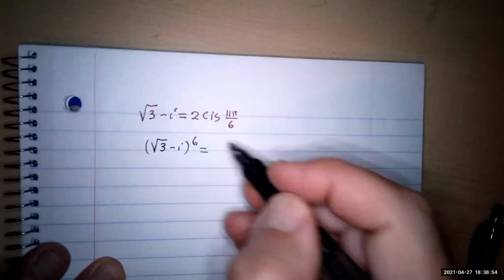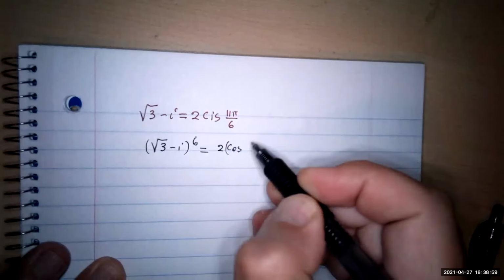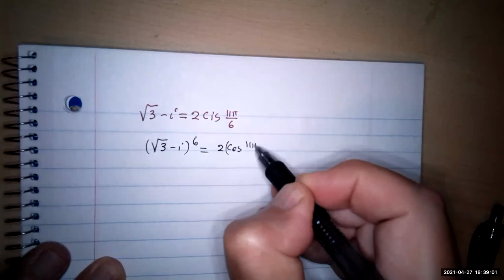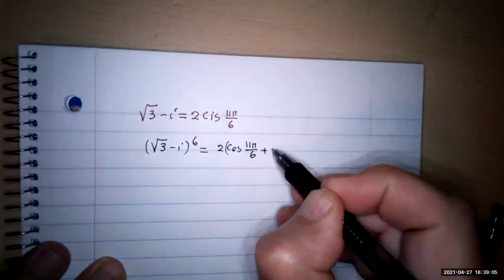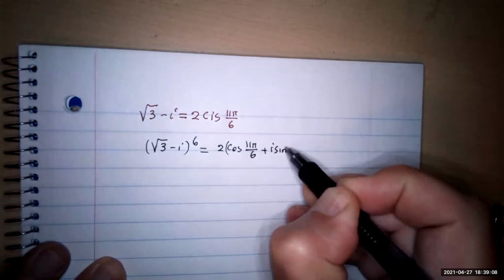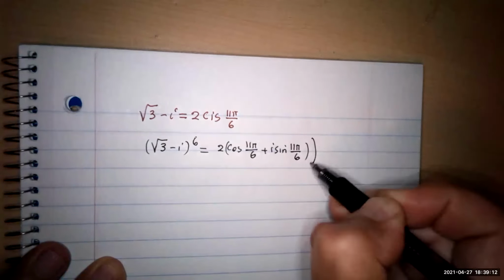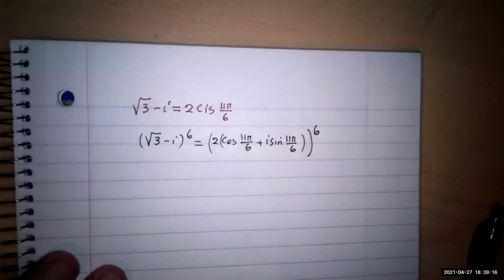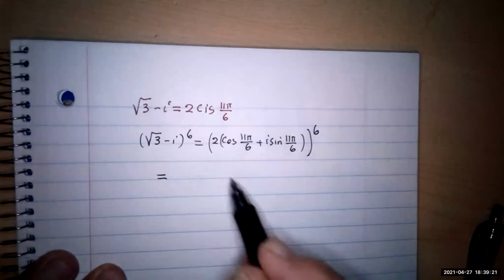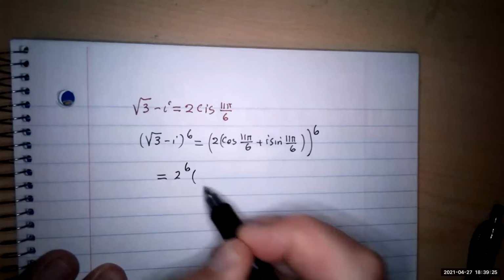So expand this one. If you like, it's going to be 2 times cosine of 11 pi over 6, you can stay with that notation if you like, we don't mind, plus i sine of 11 pi over 6. You see, everything to the 6. That's what I was talking about. Okay, everything to the 6. So the result is going to be 2 to the 6 times